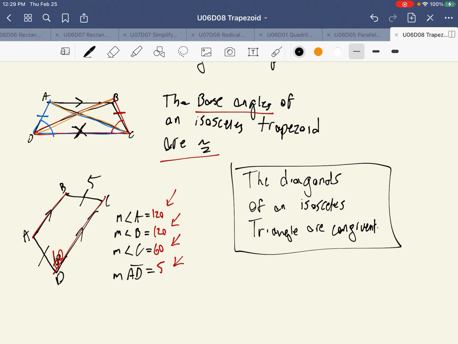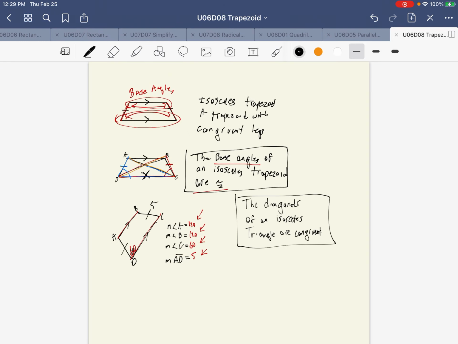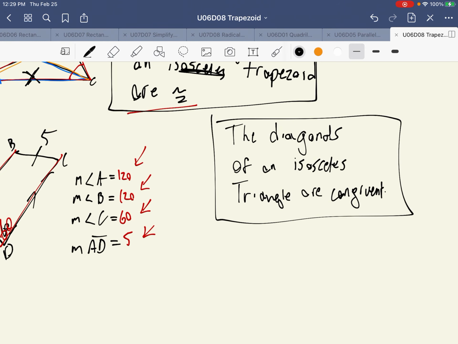So the diagonals of an isosceles trapezoid are congruent, and the base angles of an isosceles trapezoid are congruent. Again, that's only true for an isosceles trapezoid. I think I said triangle when I meant to say trapezoid several times. The diagonals of a trapezoid, excuse me,